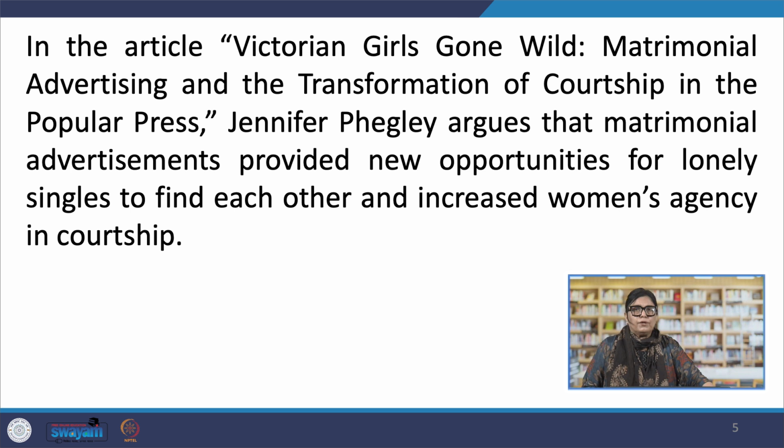Another less common way of finding a partner was through matrimonial advertisements. Published in periodicals, matrimonial advertising began mostly in working class communities but spread to the upper classes by the 1870s. In the article titled "Victorian Girls Gone Wild: Matrimonial Advertising and the Transformation of Courtship in the Popular Press," Jennifer Figley argues that matrimonial advertisements provided new opportunities for lonely singles to find each other and increased women's agency in